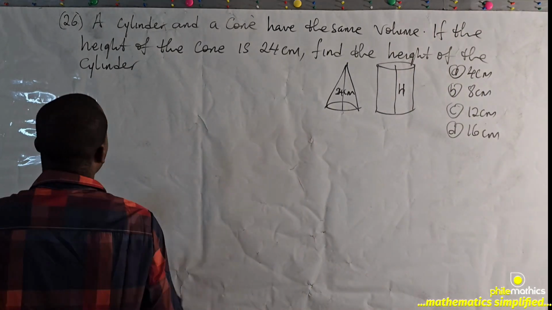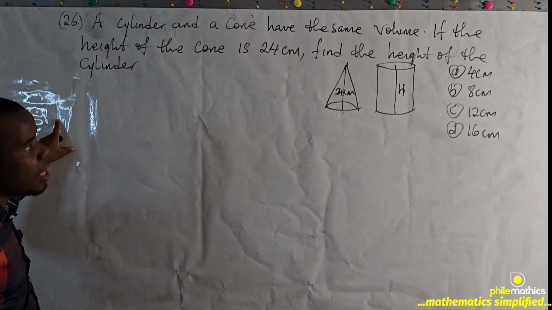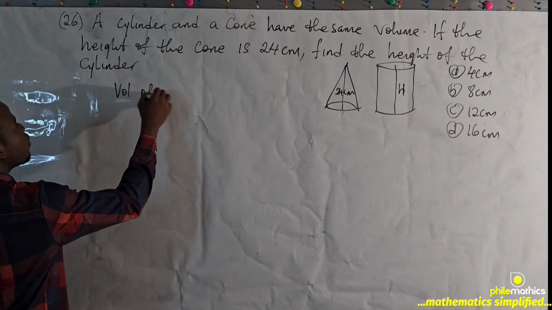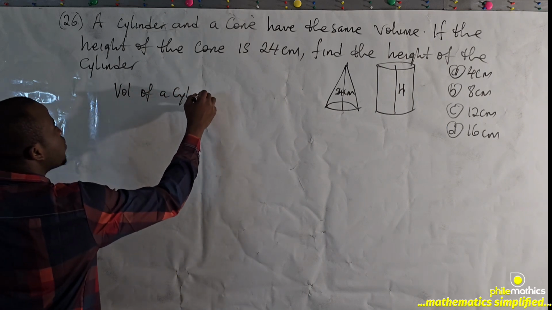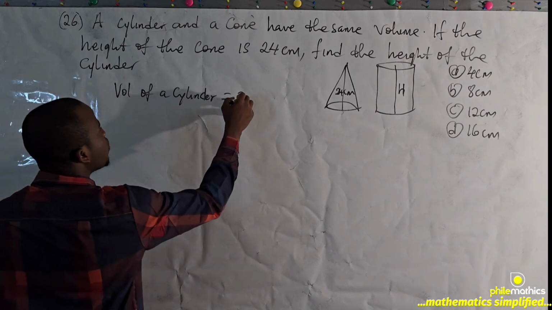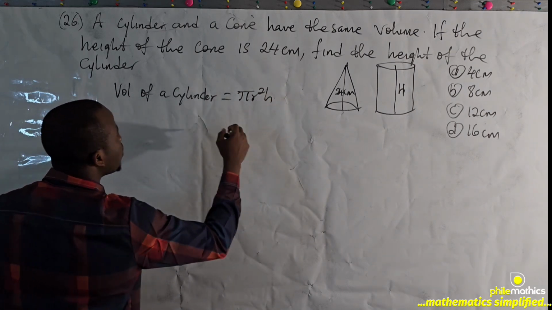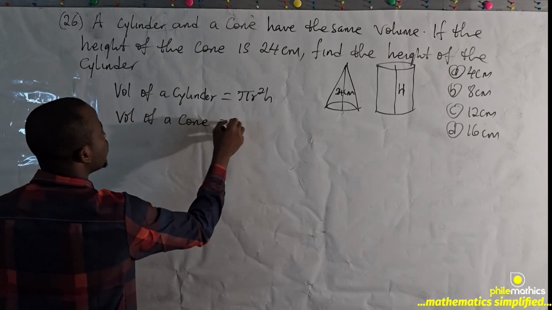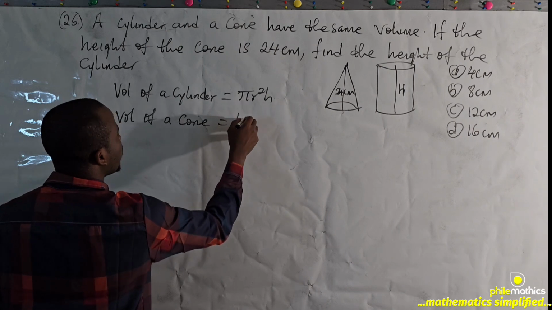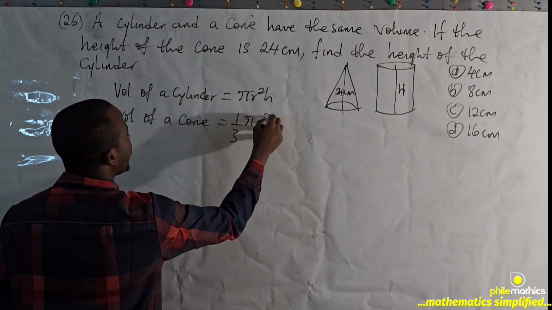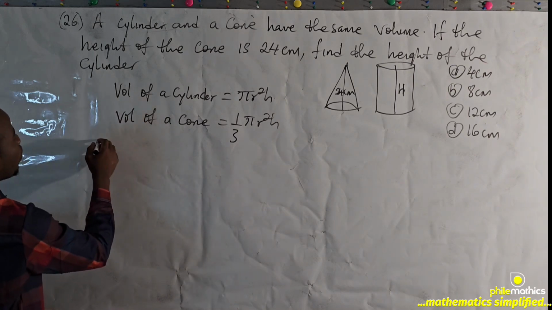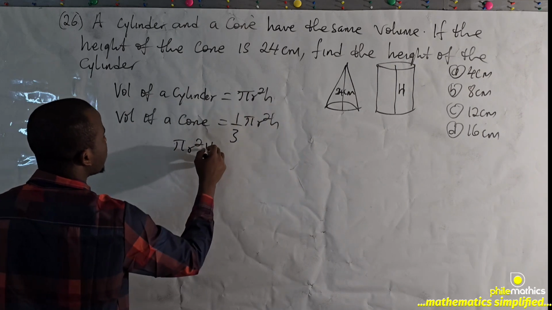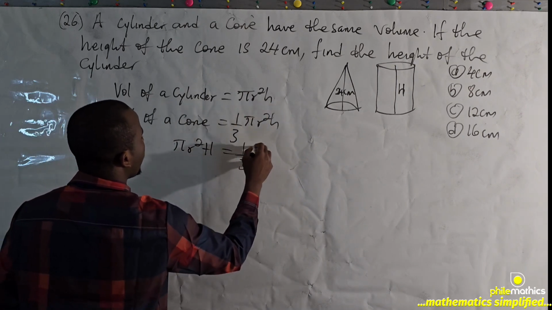Since they have the same volume, we want to record the volume of a cylinder and the volume of a cone. Volume of a cylinder is pi r square h, and volume of a cone is 1/3 the volume of the cylinder, 1/3 pi r square h. Since they are equal, we see that pi r square, let's call this capital H, must equal 1/3 pi r